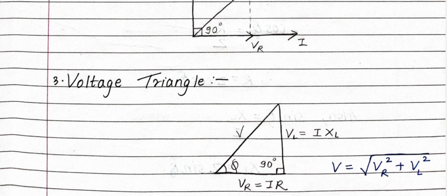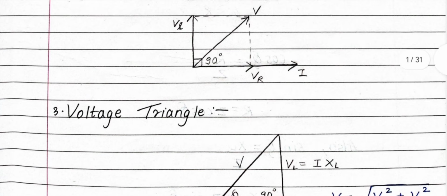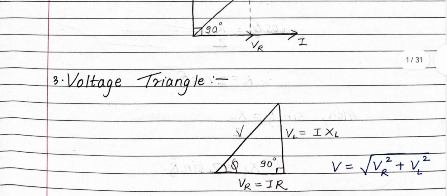The voltage triangle in a series RL circuit displays the relationship between the supply voltage and the voltage across the resistor and the voltage across the inductor. It represents that V is the vector sum of VR and VL, following the Pythagorean theorem. If you have not understood it, see what I am explaining. I hope you are clear with the phasor diagram. You can see the phasor diagram here also now. For drawing the voltage triangle, just take the reference of the phasor diagram. As VR is on the x-axis, draw it on the x-axis. And you have to mention the formula of VR in the voltage triangle, remember. The formula of it is I into R.